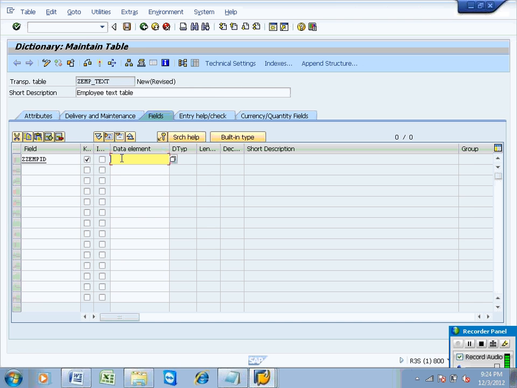And for the same field, if you want to provide technical information like data type and length, you can take these from the domain.